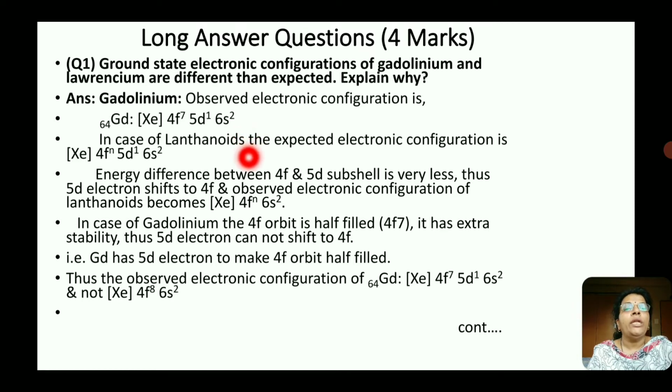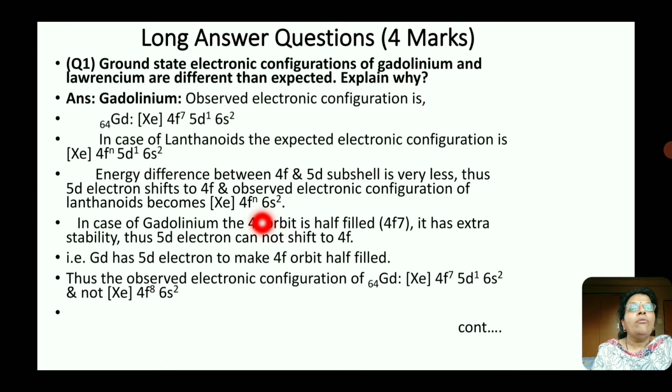Now this is the observed electronic configuration. In case of lanthanides, the expected electronic configuration is Xe 4fn 5d1 6s2. Now n is the number of electrons which varies from lanthanum to lutetium. The energy difference between 4f and 5d subshell in case of lanthanides is very small, and thus the 5d electron can be shifted to the 4f orbit, and thus the observed electronic configuration of lanthanides becomes